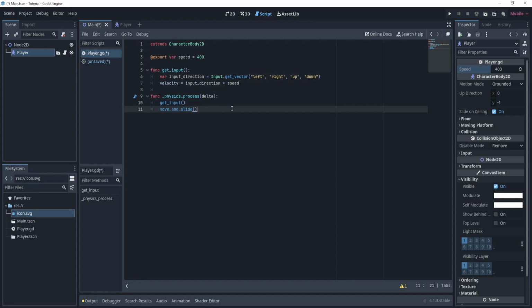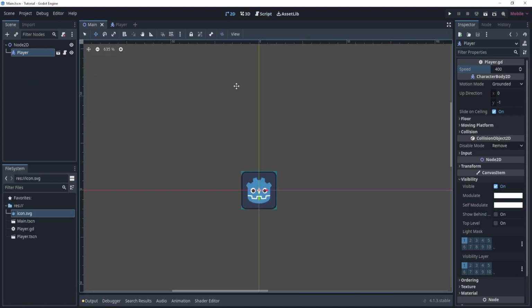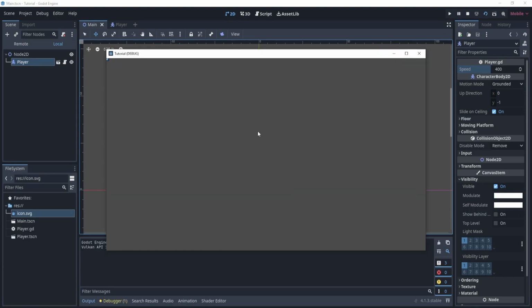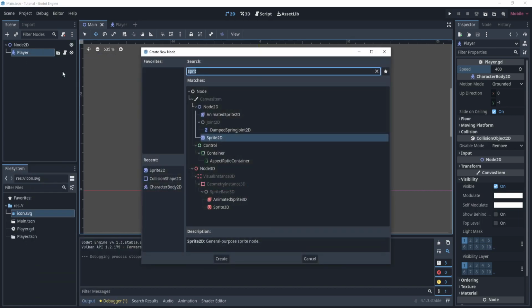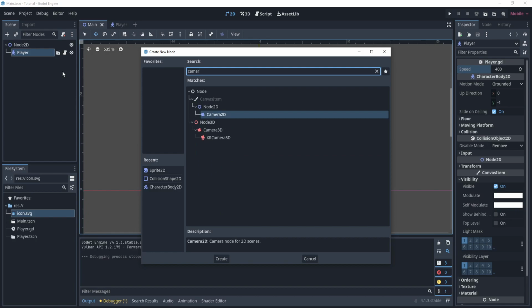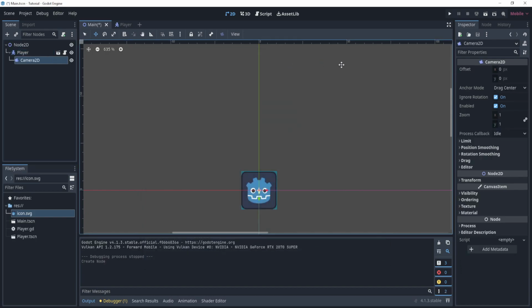But yeah, so once you've done all this, if you just Control S and save it, we can then go back to 2D, and you can either click this thing up here to run the scene, or if you see, it says F6 can also run the current scene. So F6, it should come up, but we can't see our player. That's because what we need to do is add a child node, a Camera2D, and now if I hit F6,